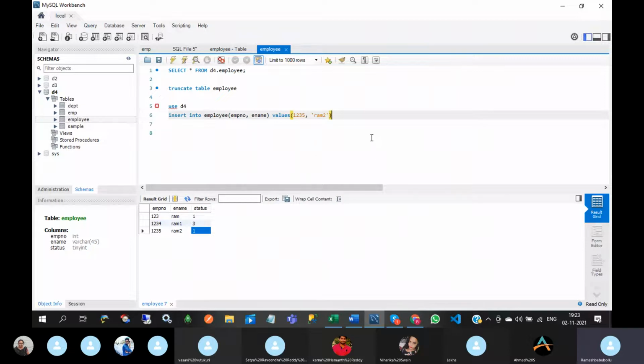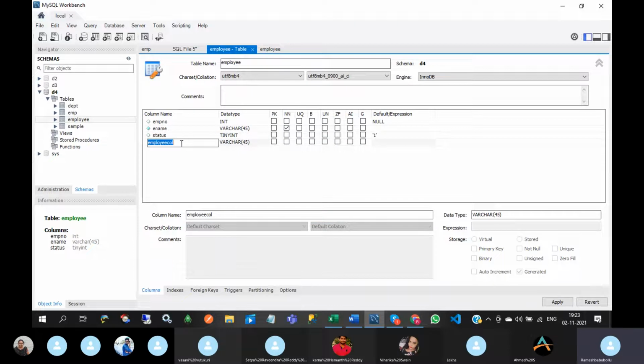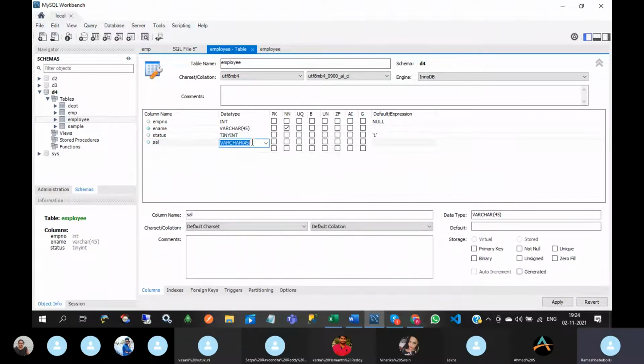For example, I'm going to create one column, int.